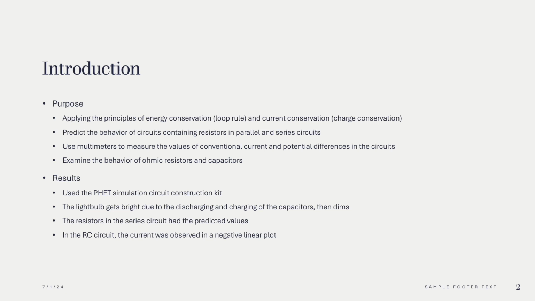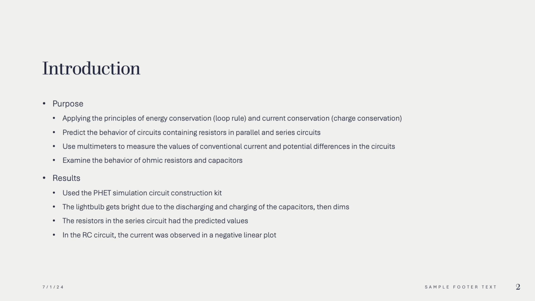circuits through the principles of energy conservation, or the loop rule, and current conservation, or the charge conservation. These principles allowed us to predict the behavior of circuits containing resistors in series and parallel circuits, use multimeters to measure actual values of conventional circuits and the potential differences in the circuits, and finally, examine the behavior of resistors